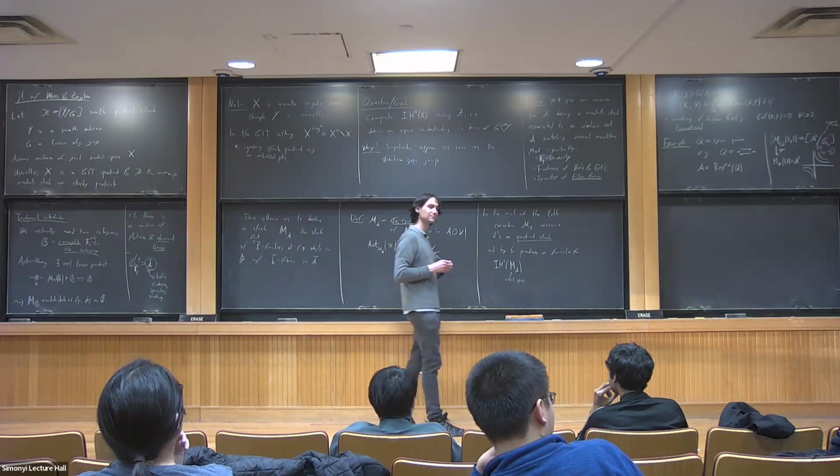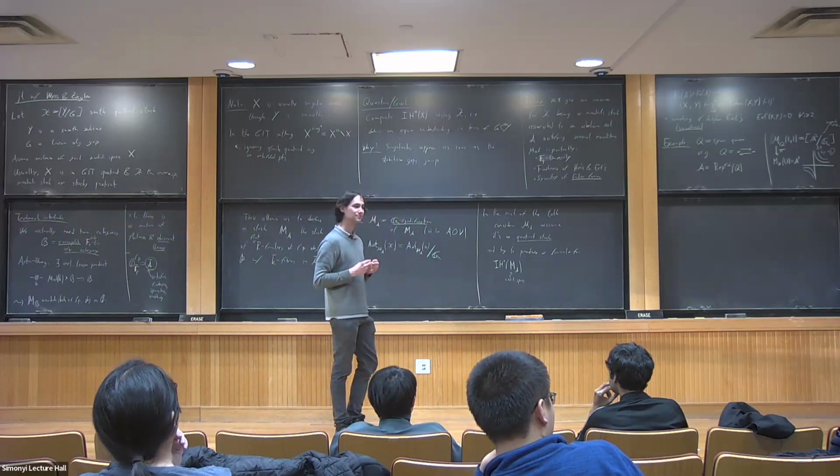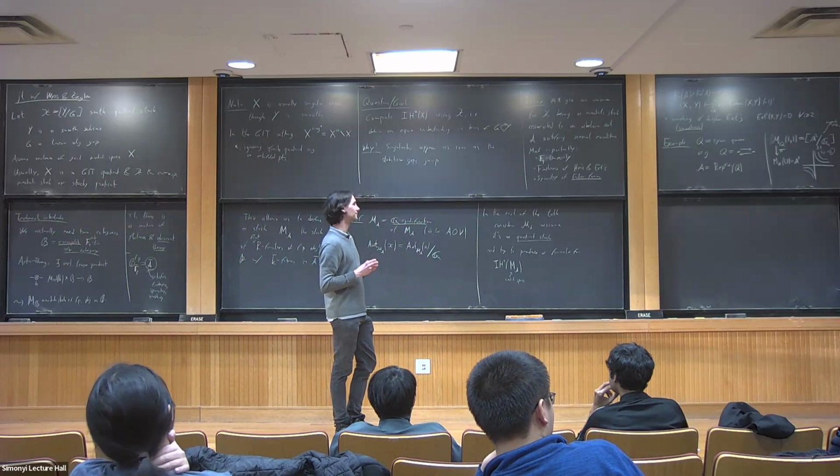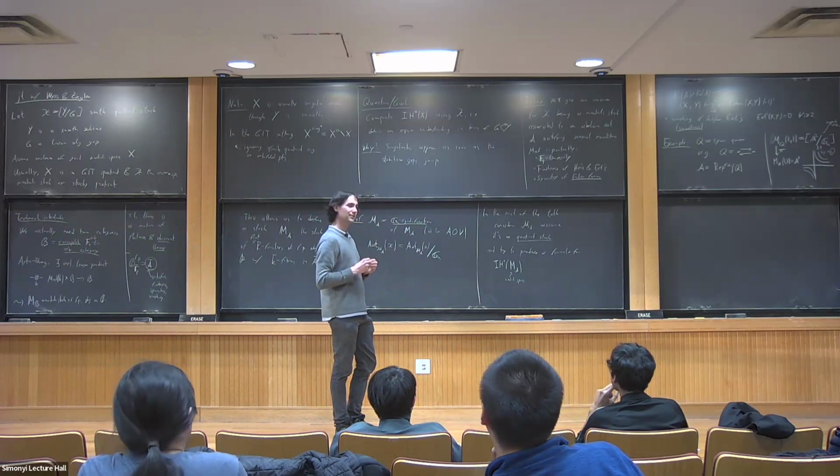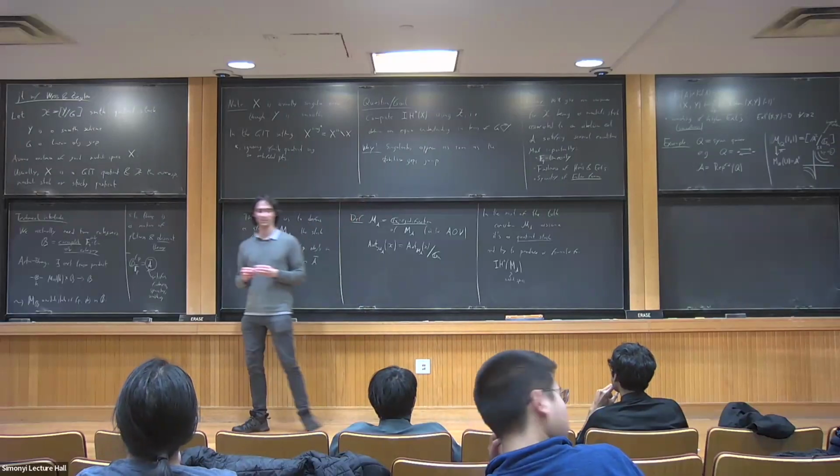Is there some hope to use these formulas to recover the intersection cohomology of, say, toric varieties or some special class of toric varieties? I think, yeah, there is hope. Yeah, possibly. It's a very good question.